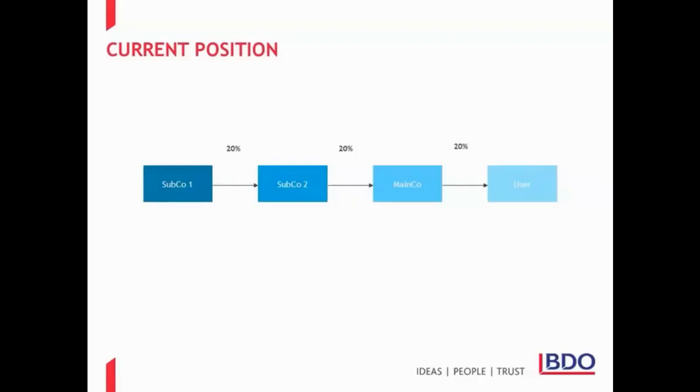In a simple supply chain, this will mean that subcontractor 1 will raise an invoice for, say, £100 plus VAT to subcontractor 2. Subcontractor 1 will declare the £20 VAT as output tax to HMRC on its VAT return for the relevant period. Assuming that subcontractor 2 is entitled to full VAT recovery on its costs, subcontractor 2 will, in turn, recover the £20 as input tax on its VAT return for the relevant period.